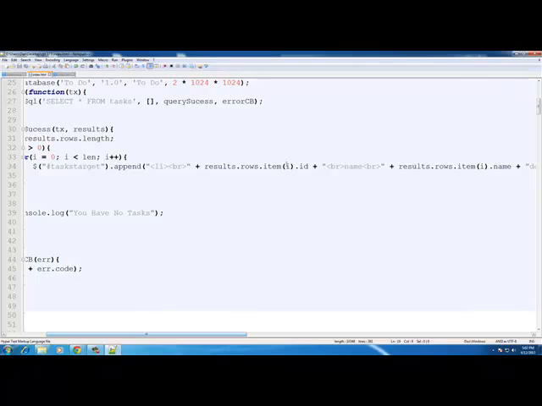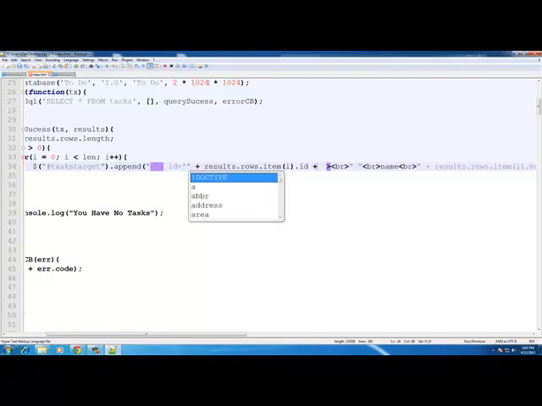Where it says ID, we're going to change that. Let's cut it for right now, and we're going to put it as an ID, LI ID equals, and then a single quote to know that we're opening the ID in the string, and now we're closing the string, adding a variable with our plus signs. And instead of ID, let's put